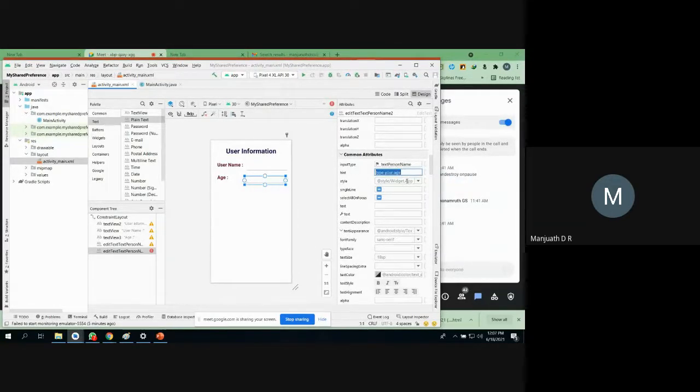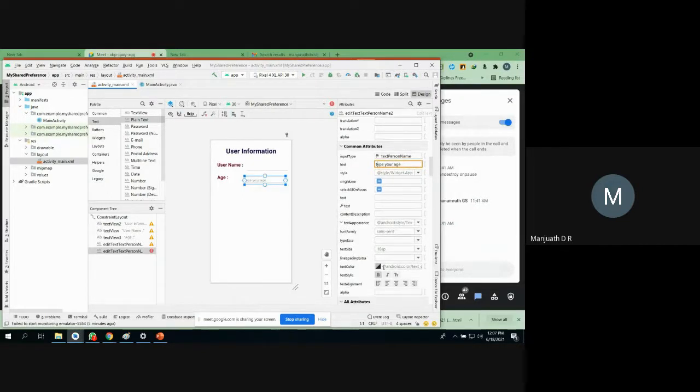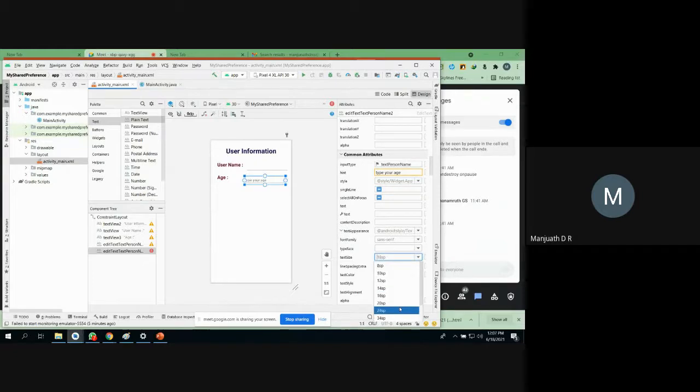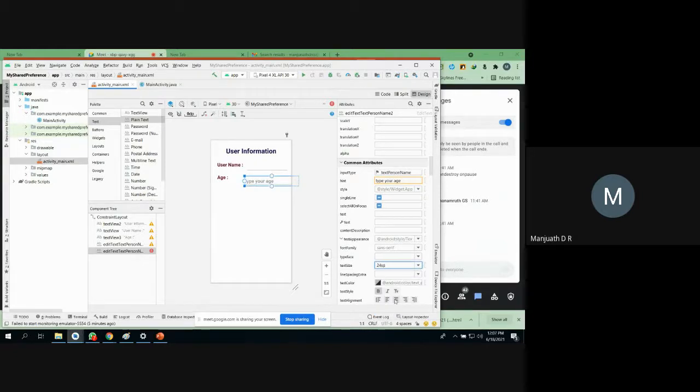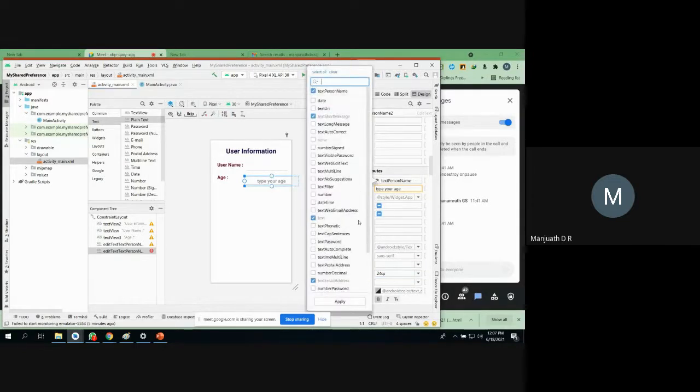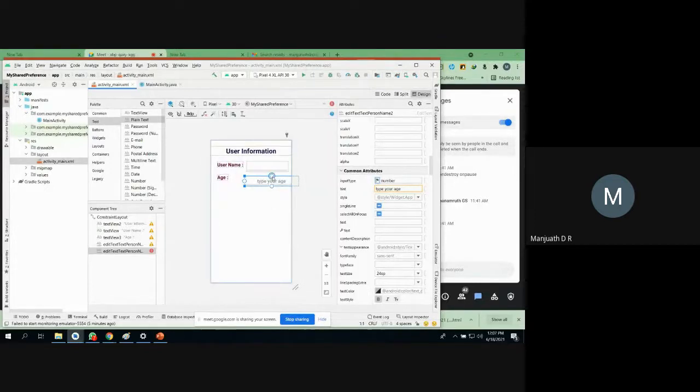This is an int, that's all. Make it bold, and if you need some more sizes you can do it. For this purpose I just need only a numerical keyboard. I don't need this thing. Better I'll set it with number. Numerical keyboard, and set the constraints now.